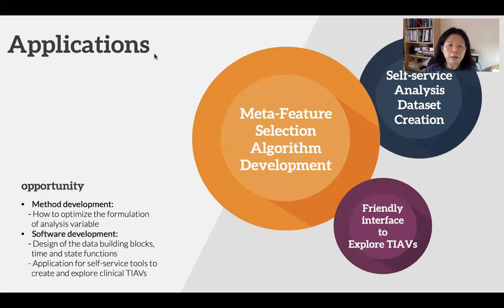I believe there are needs and opportunities for method development and software development in order to more efficiently leverage the hugely rich information in EHRs. As I mentioned earlier, the formulation of a clinical analysis variable has an element of subjectivity. It will be very helpful if there are methods to quantify the impact of the formulation or meta-feature selection methods that optimize the formulation. For software development, there is a need for self-service tools that investigators can use to create